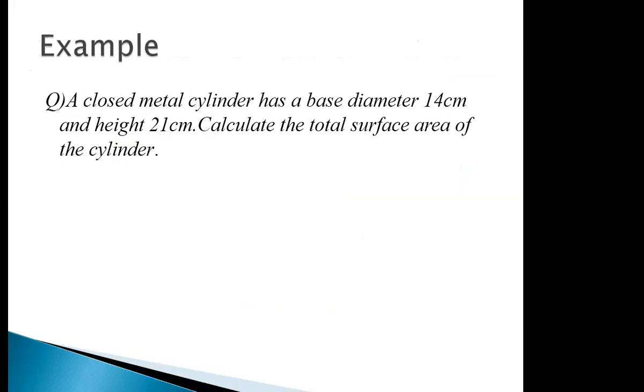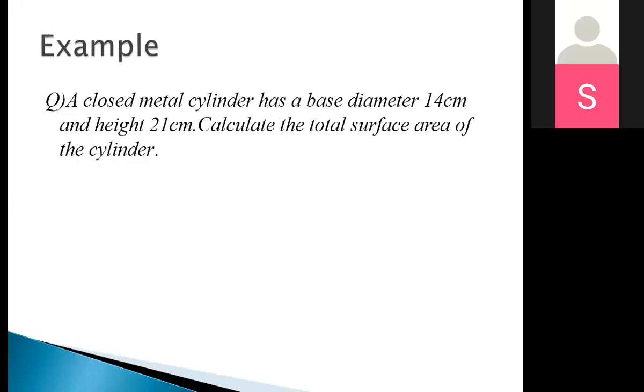What do you need to know for the formula? You need to know that there are two circles given. You should know their radius, isn't it? You should know their area. So first of all, everyone find out the area of the circle. The dimensions are there on the slide. Find out the area of circle. Area of circle is pi r square, right?